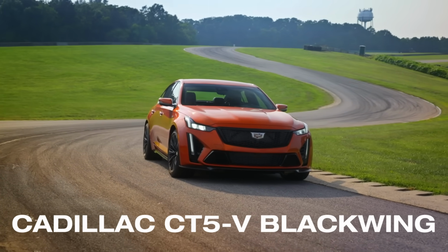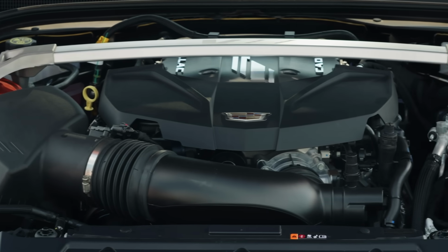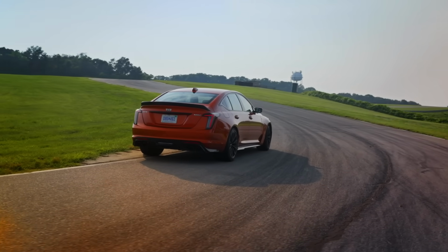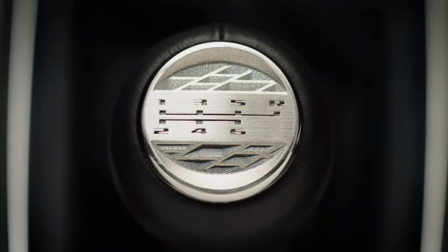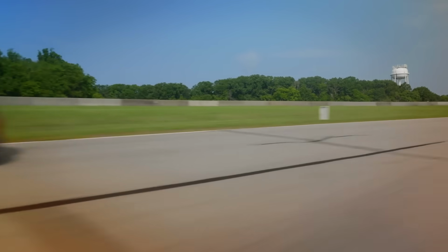Cadillac is phasing its way out of internal combustion with a bang. The new CT5V Blackwing supercharged V8 kicks out a ridiculous 668 horsepower that's sent exclusively to the rear wheels through a 6-speed manual transmission. There's an automatic transmission available too, but that's not how we drive